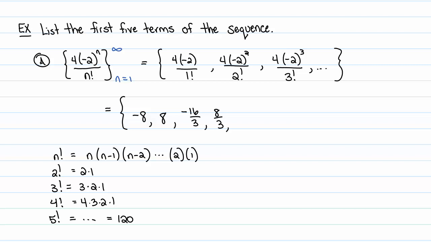Negative 2 to the 5th is negative 32. And we have a 120 downstairs. If you simplify that down, it should be negative 16 over 15. And this list will go on forever. Now, if somebody handed me that list, negative 8, positive 8, negative 16 thirds, positive 8 thirds, negative 16 fifteenths, and so on,